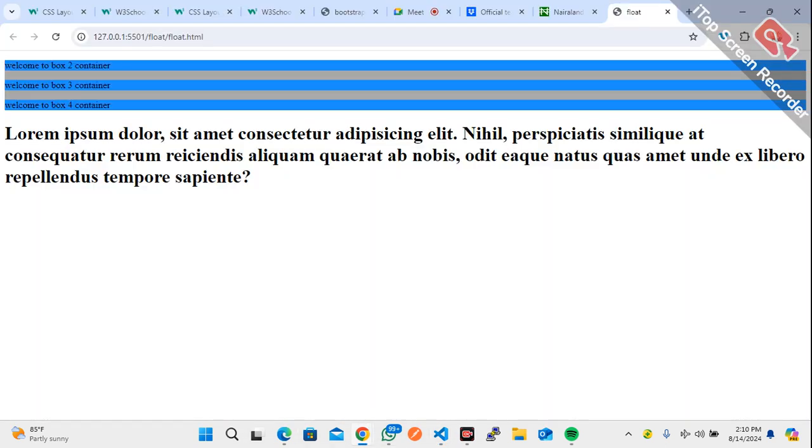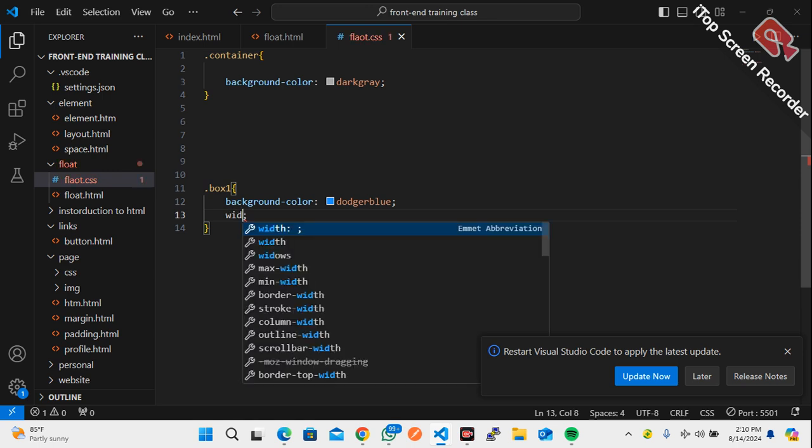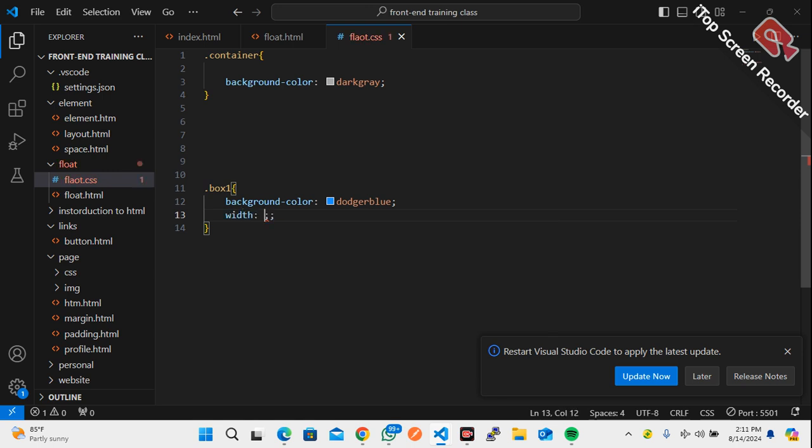Okay, then what we are going to do next is align the text to the center, and then change the color to white, the font size to 16 pixels, then the font family to